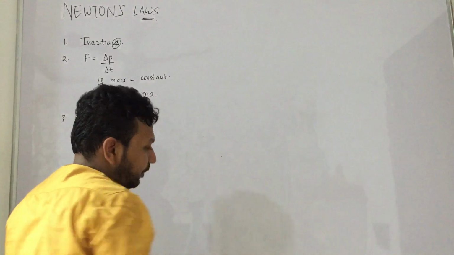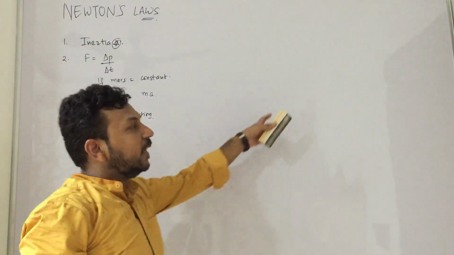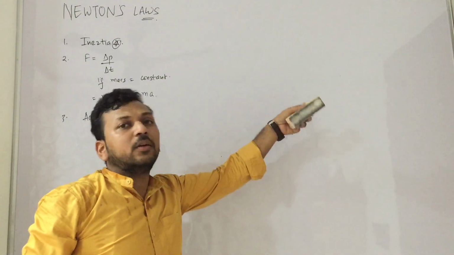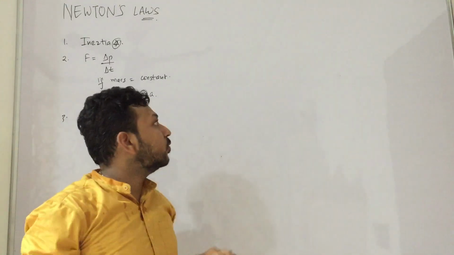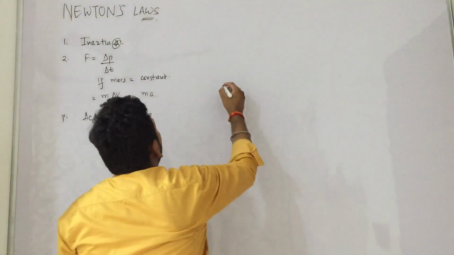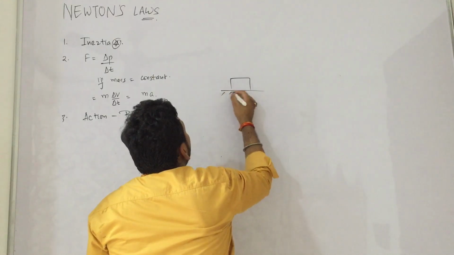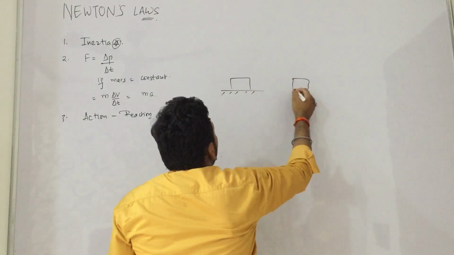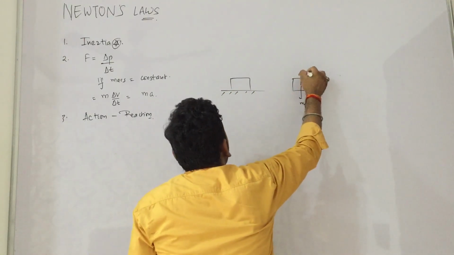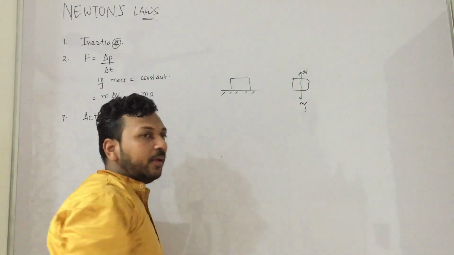So I will just take a very simple scenario. In this scenario, what was T? T is equal to mg, because it was not going up, not going down. We have done such questions in vectors. Similarly, in this scenario, what was the equation? N is equal to mg. It is not going up, not going down. N is equal to mg.